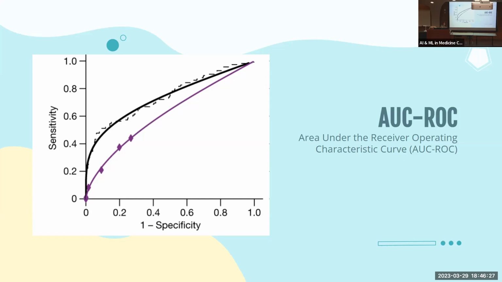It measures the ability of the model to distinguish between the positive and the negative examples across different thresholds. That's why it's from 0 to 1, and the higher values indicate better performance. Here on the y-axis, we have sensitivity, the probability that a true positive will test positive. And this 1 minus specificity is the probability that a true negative will test positive, so it's falsely labeled as positive. So if you're ever looking at the AUC ROC, just remember larger number is better.